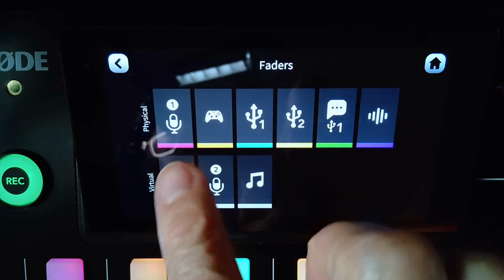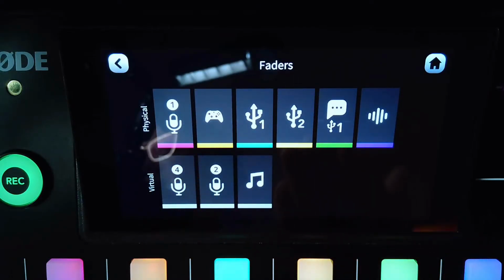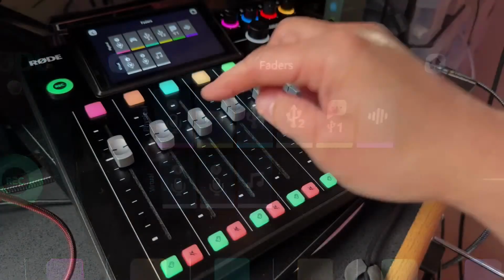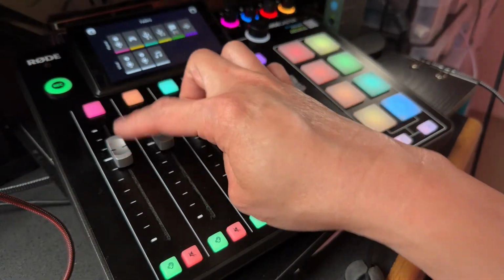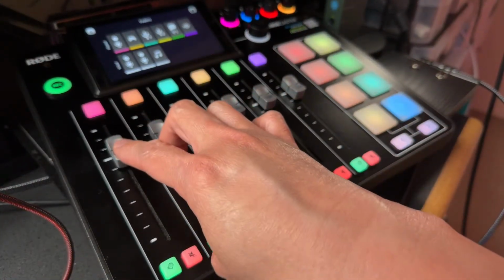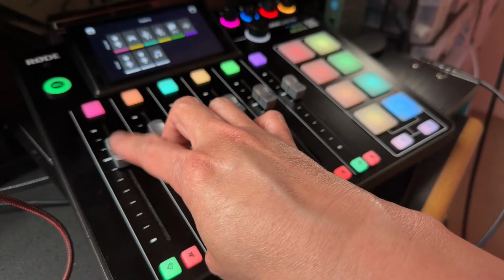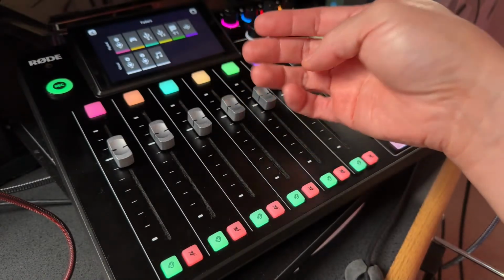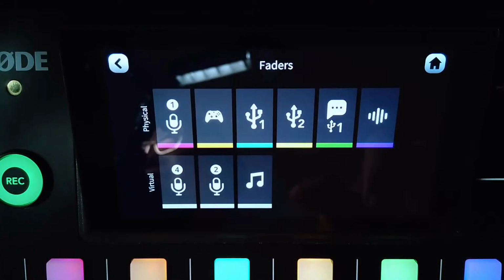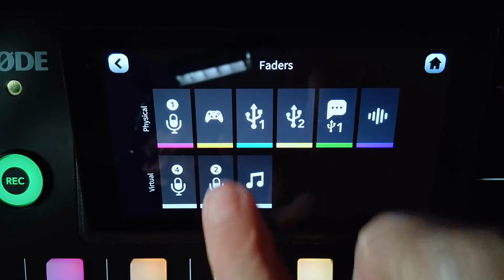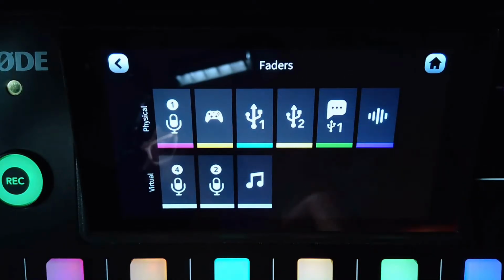So my microphone, first mic, because it makes sense to my brain, is the first channel right here. That's my first one, the main mic that's closest to me. So I always make sure that this is at the level that I need it to be. And then there is the gaming channel, which I use for sending just audio out from my, what is it called, from my, from,